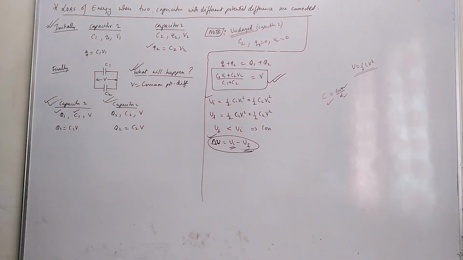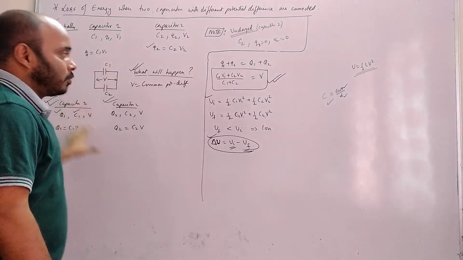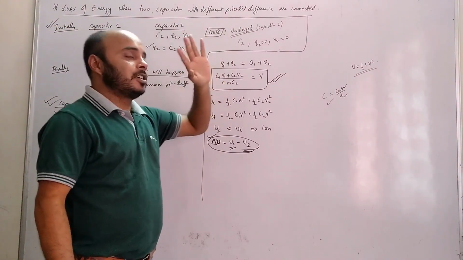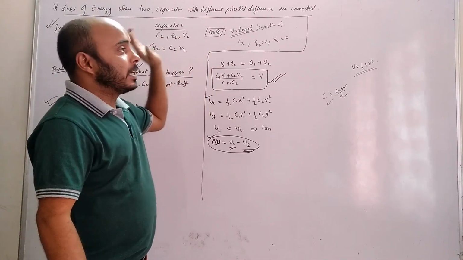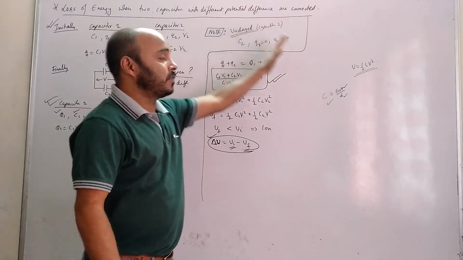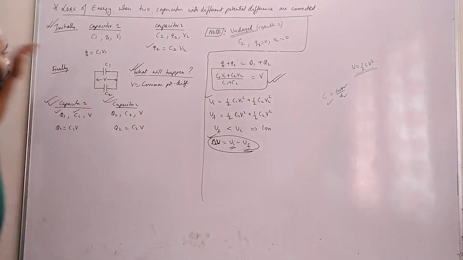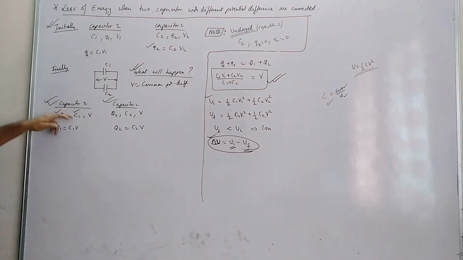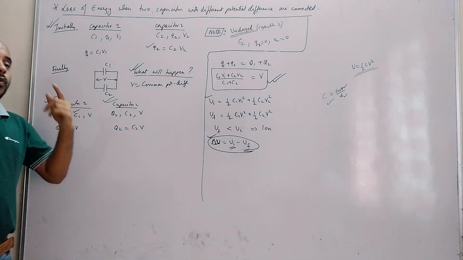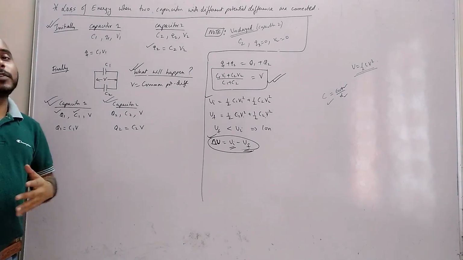So I am giving you two basics: either you remember the formulas, or you remember the concept to get the formula. Sometimes in numericals you will get the word uncharged. What is the meaning of uncharged? The capacitance will not change, capacitors will remain the same. Only the charge is 0 and the potential difference is 0. Similarly, one more thing you have to understand: from initially to finally, capacitances remain the same, charges are changing, potential differences are changing. And one last thing you need to be clear about is why the charge is flowing. Because they have different potential differences.